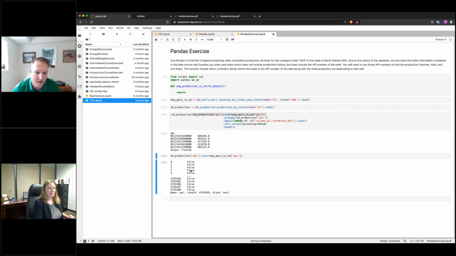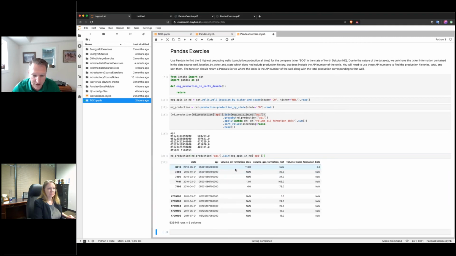And so we can use this Boolean array of trues and falses to subset the North Dakota production data frame, taking only the values where they're true. The true values correspond to the APIs that are owned by EOG only. So if I run that, then I get EOG's wells only in the data frame, and you can see there is some missing data there.